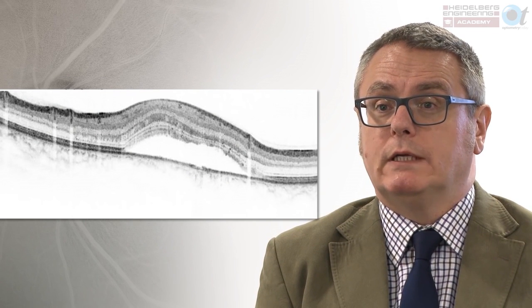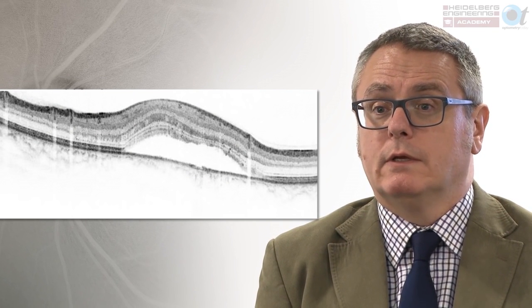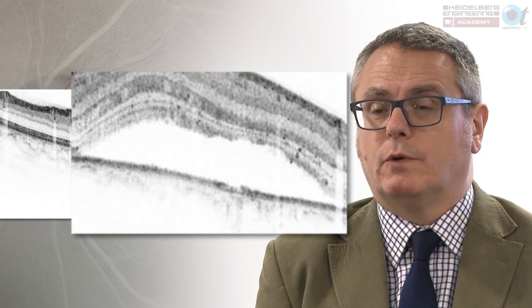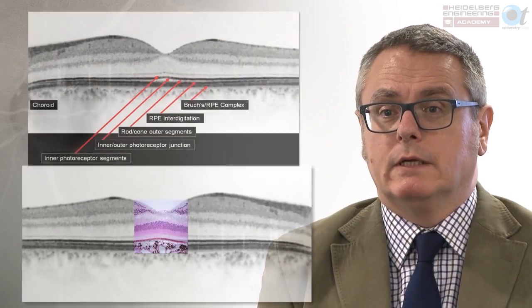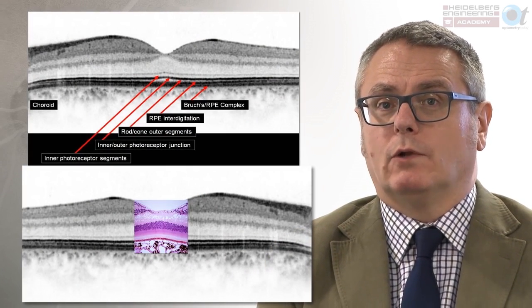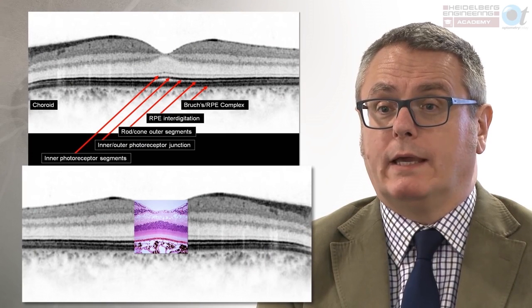Central serous retinopathy causes a serous retinal detachment, and again in this example, the first hyperreflective band from the choroid has to be the Bruch's membrane RPE complex. Taking what we knew about the histology of the eye and working our way back in, we came up with